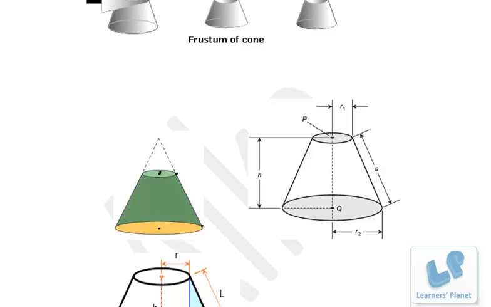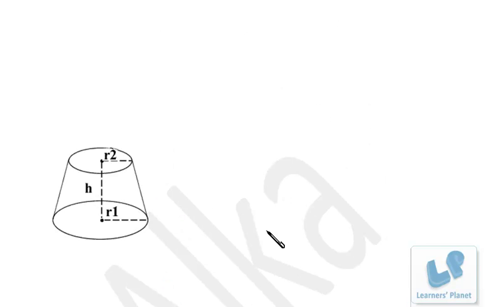Now let's see how we calculate the total surface area, the curved surface area, and the volume of a frustum of a right circular cone. Now we have this frustum. Here, these two circular surfaces, the radius of this circular surface is R1, this is R2, the radius of the smaller circular surface, and the distance between the centers of the circles is H, that is the height of the frustum, right? And we assume that the slant height of the frustum is L,